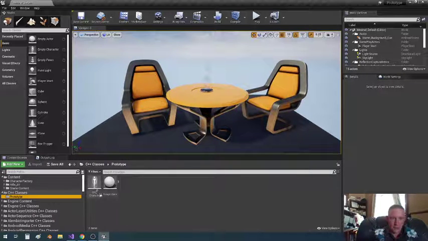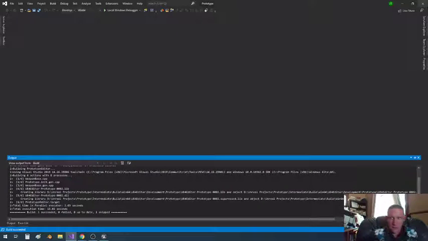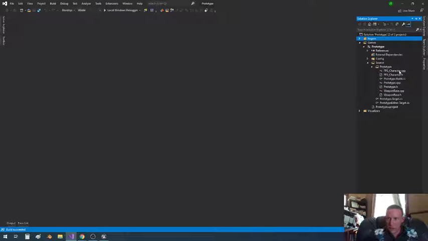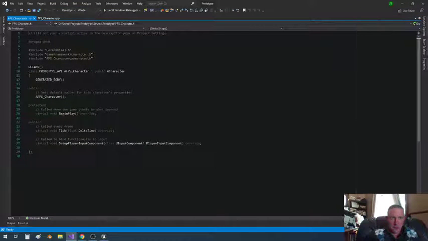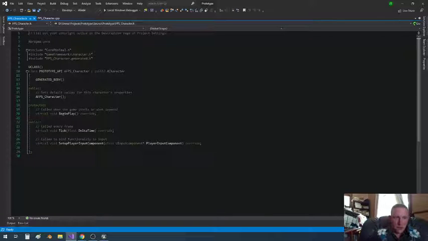And there's our two classes we just made. So first things first, let's get this guy to move. Or actually, let's make the mesh for our character and the camera and all that. So here, we'll just create another